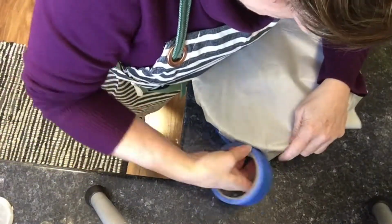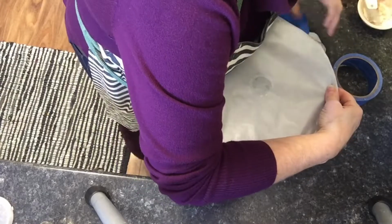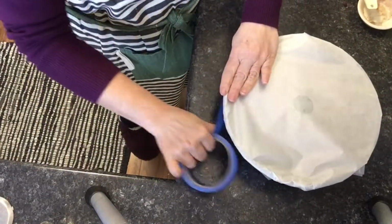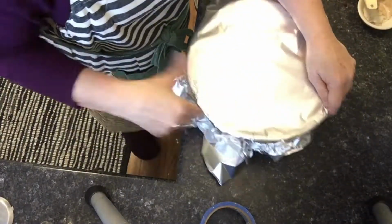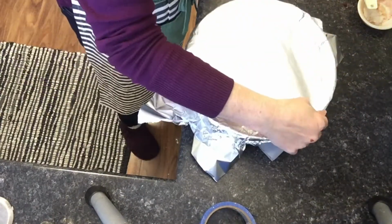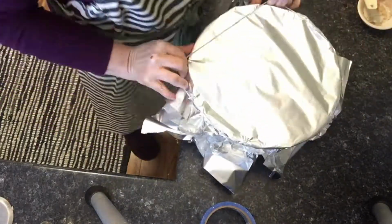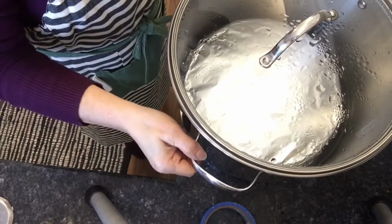I taped it on with masking tape, and then I added 2 layers of aluminum foil on top of that. It can be tied all together with a kitchen string, or I used a rubber band, which works great. Then I put it in a large pot of water that was boiling, that was about halfway up